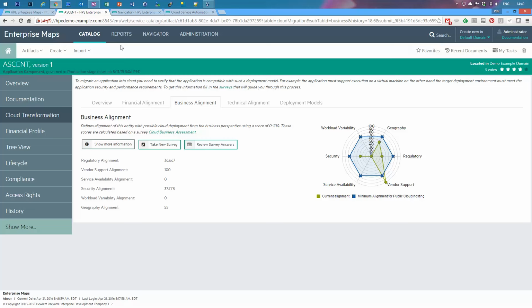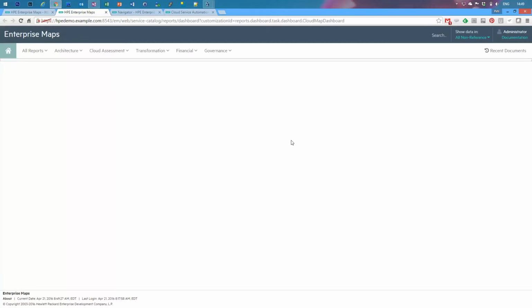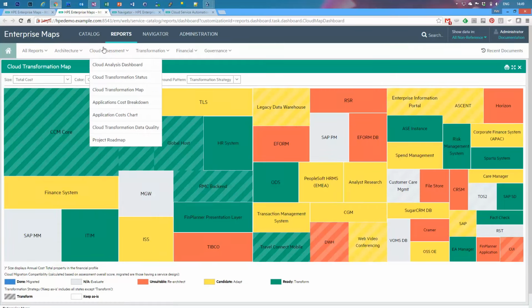For this purpose, in our cloud transformation use case we have step 3, which helps us to assess and pick the right applications for the cloud transformation. We have a whole section in Enterprise Maps called reports, and here we have a couple of sections related to this cloud transformation use case. For example, in cloud assessment, you can observe quite a big cloud analysis dashboard, which provides you several reports